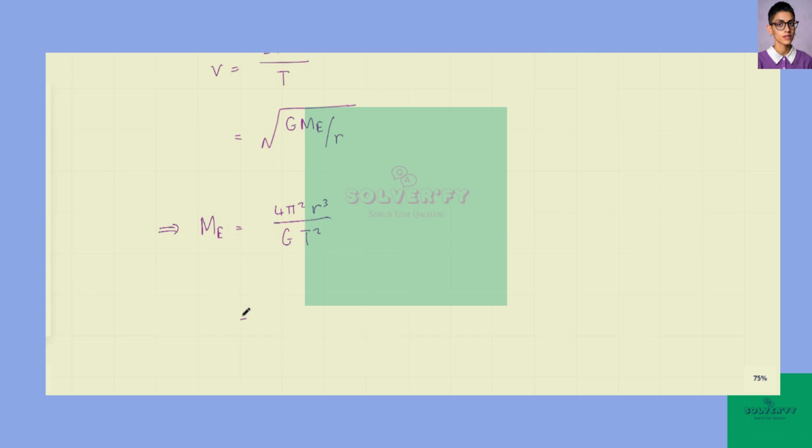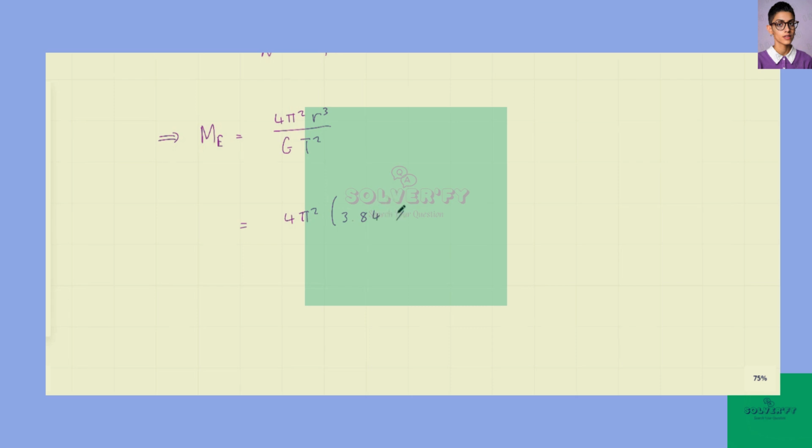Now, since we know these values, we substitute them in and we can find an estimation for the mass of the Earth. So this is 4 pi squared, and r is 3.84 times 10 to the 8 in meters, and that's cubed, divided by the gravitational constant G, which is 6.67 times 10 to the minus 11, and that's Newton meter squared per kg squared,